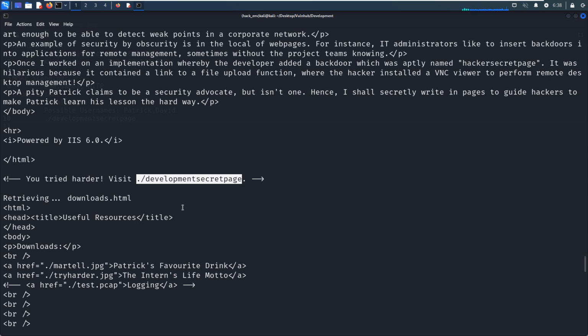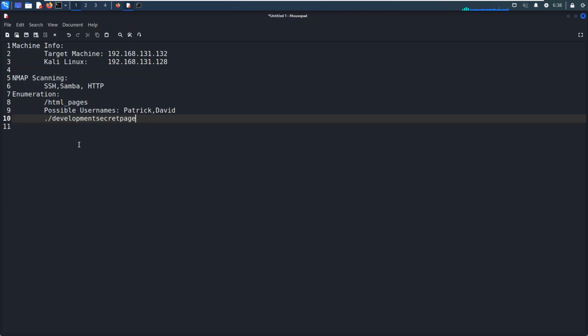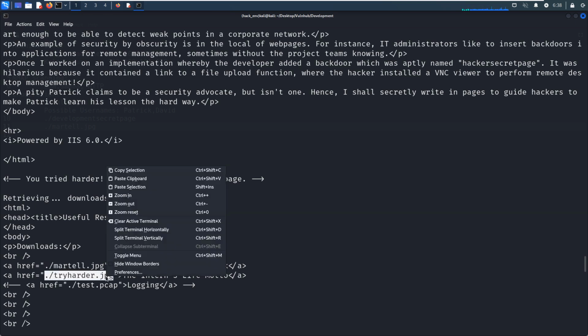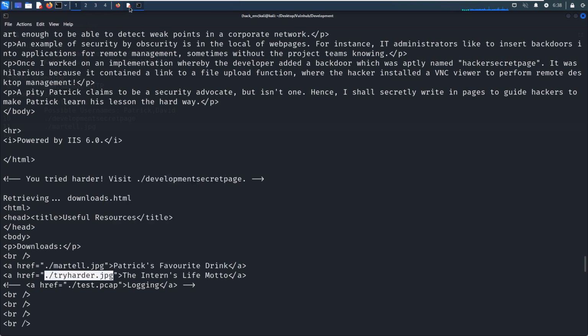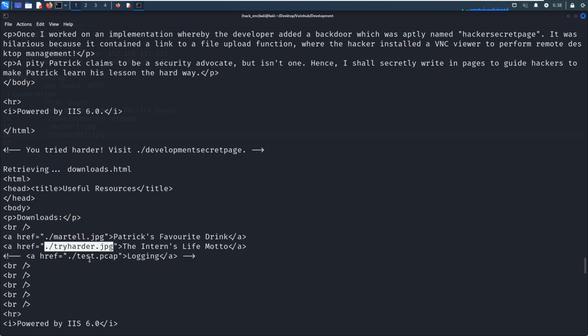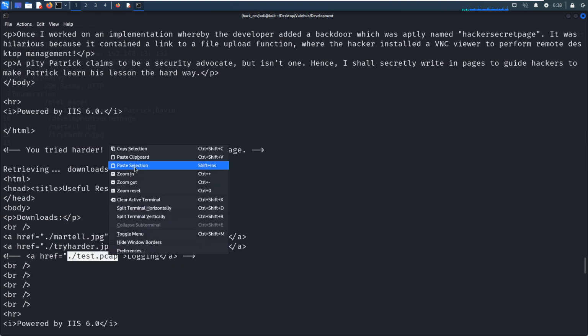And next, we got some pictures, two pictures we can copy. And the next, try harder. Copy. And next, yeah, this is a pickle file. We can copy.